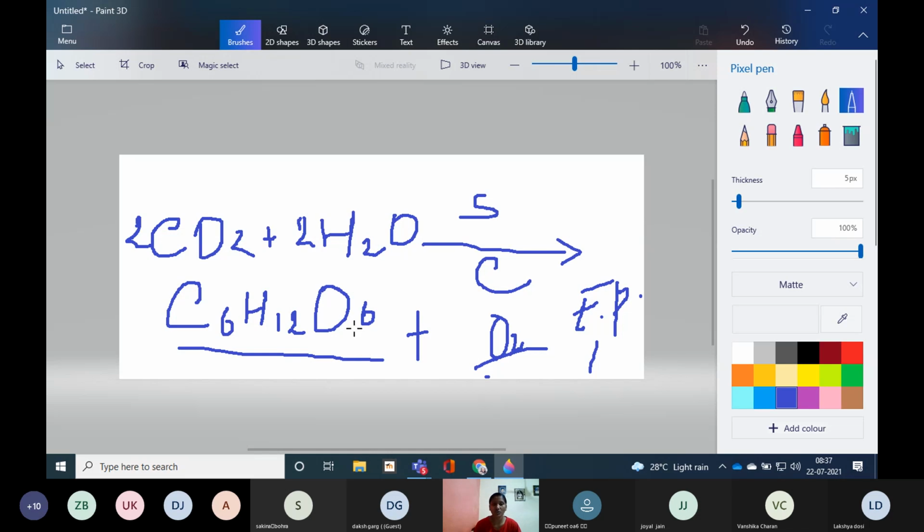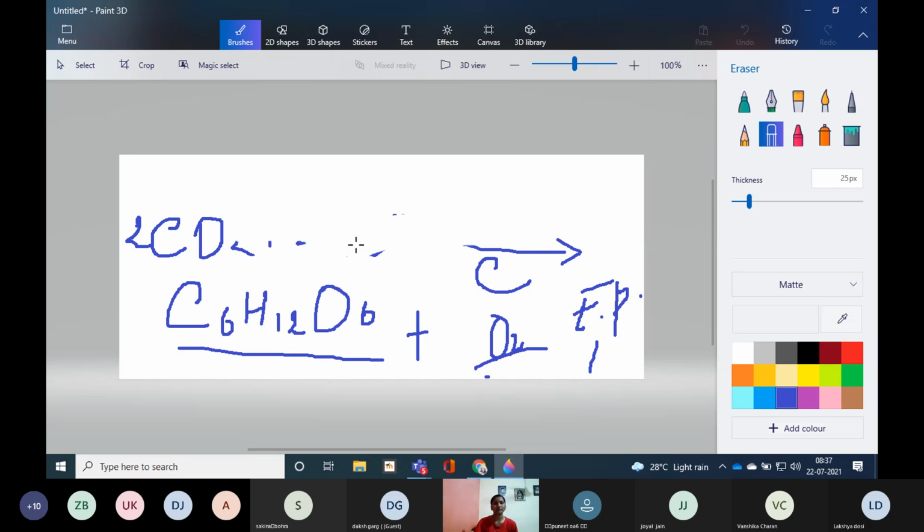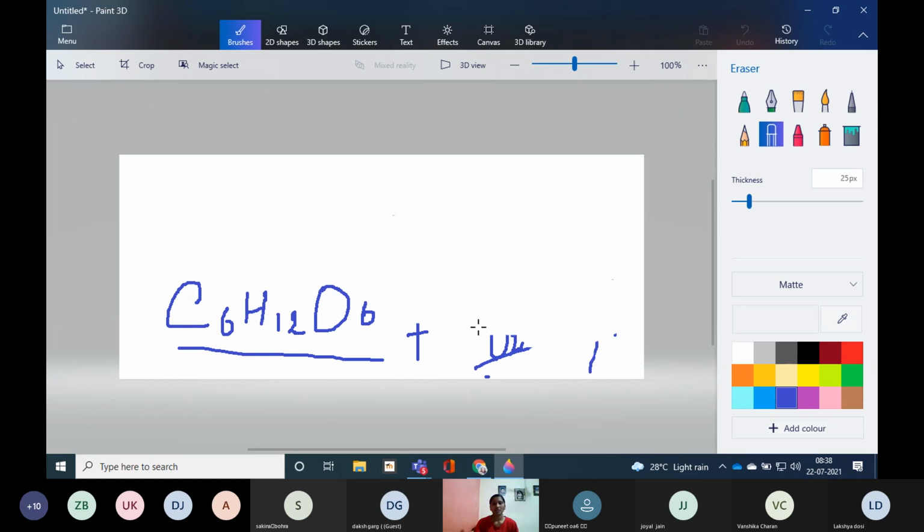C6H12O6 stands for glucose molecule. Glucose is in the form of food material, right? So this is the reaction for what? Can I get an answer? For photosynthesis. Yes, this is the reaction for photosynthesis, right? So I hope you have understood this much. Now let us move to the next. Yes, we were discussing the topic end products of photosynthesis. So what are the end products? You all know glucose and oxygen are the end products, right?